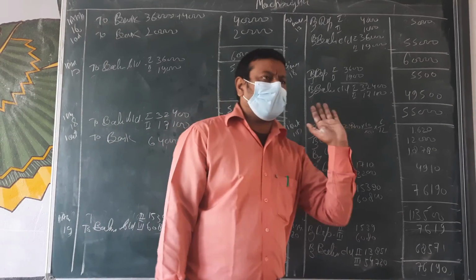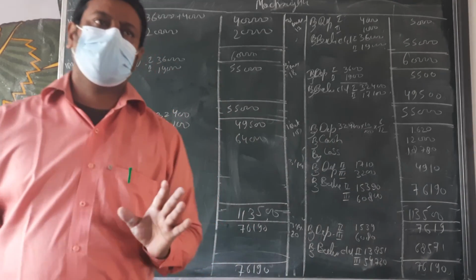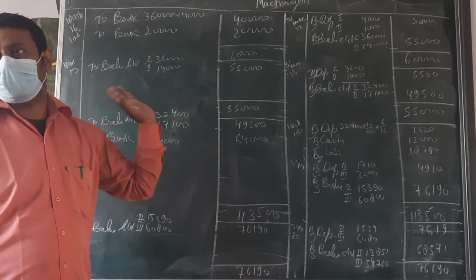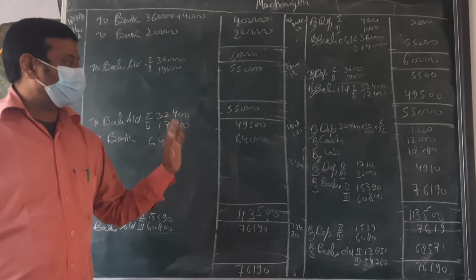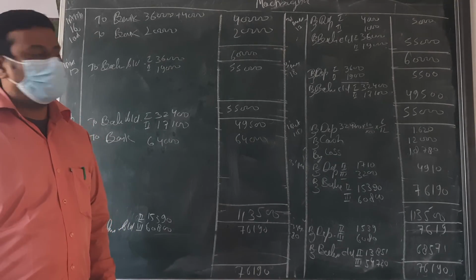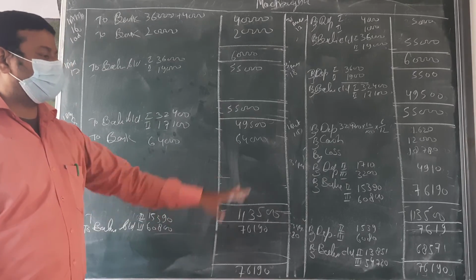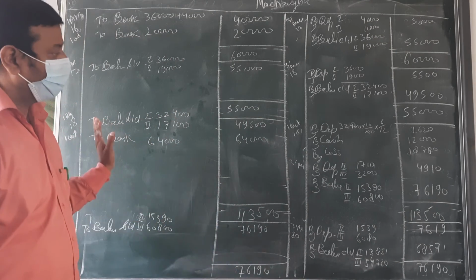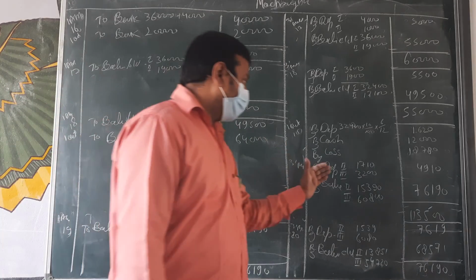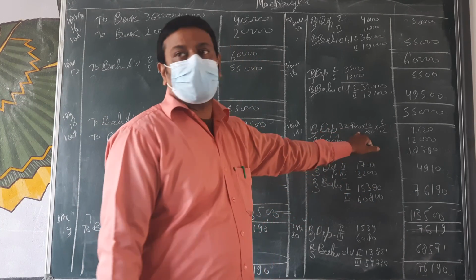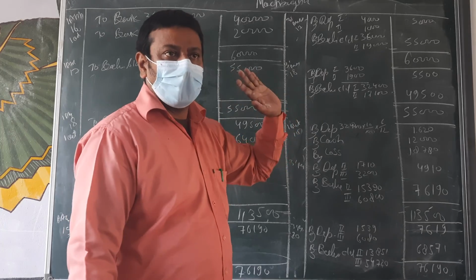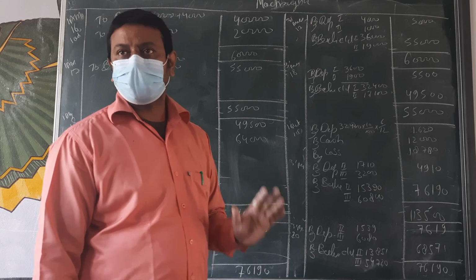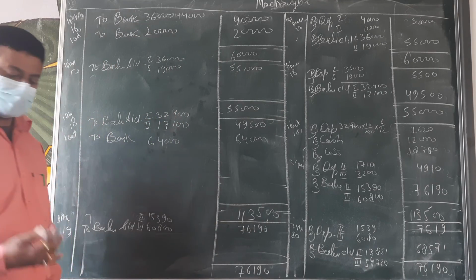It's a total case of calculation only, beta. If your calculation is good, then you will easily solve the whole question. No problem. Only purchase is here, one sale is there, and one purchase finished. And at the time of sale, only remember the things. First cut the depreciation, then cash or bank, and then calculate the profit or loss. Clear?